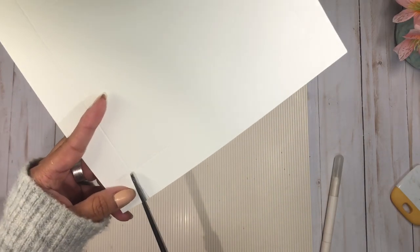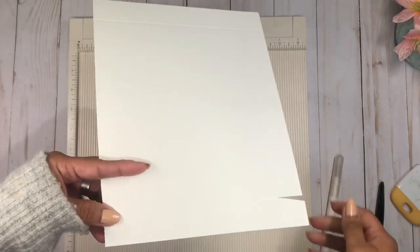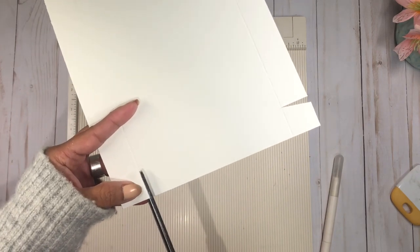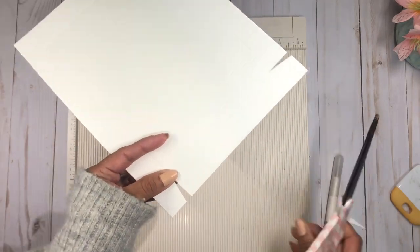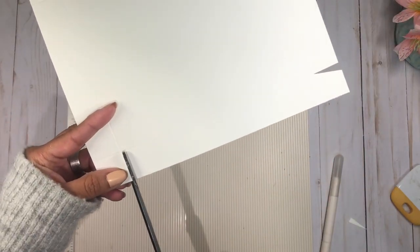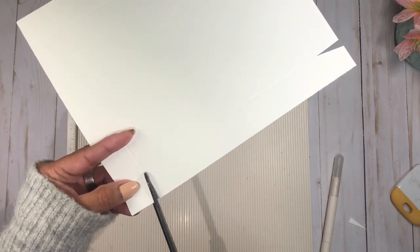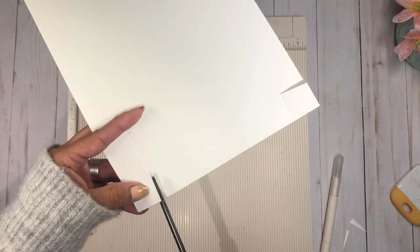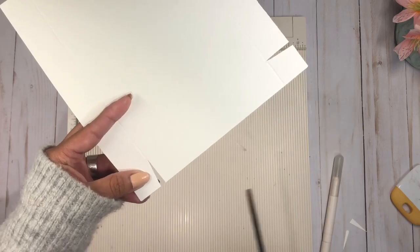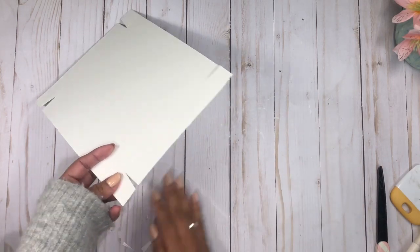Okay, and then we're just going to cut one of the sides of the box like that, and then you also want to give it a second cut and just create this little angle, and we are going to do that for each side. So let's do that. Take that out. Same thing here, just like that, to create this box cover of the box, and one more here. Okay, so now that we have all of those, we're going to fold along the score lines,